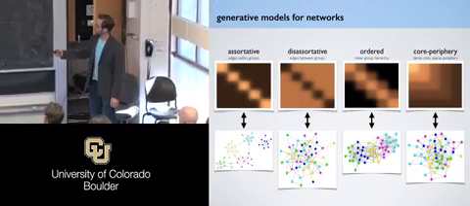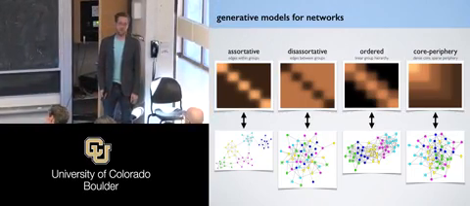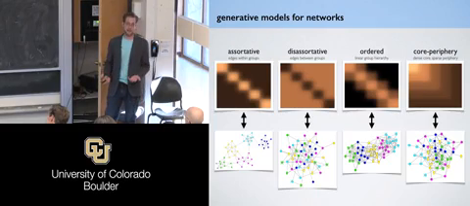One is that each of these block matrices is another network, right? So now it's a weighted network where in its